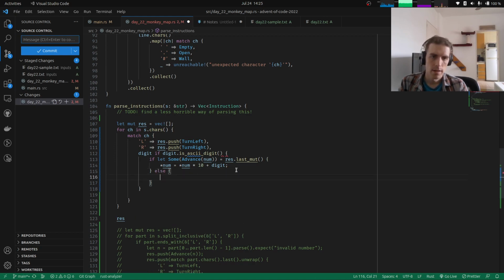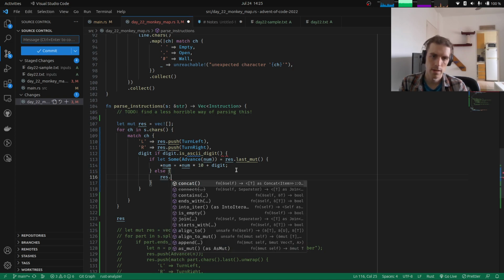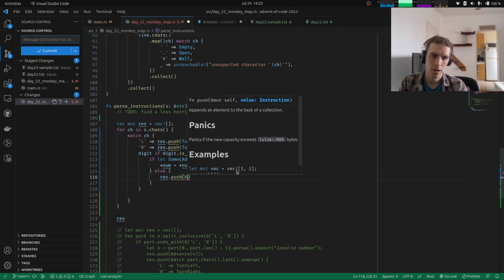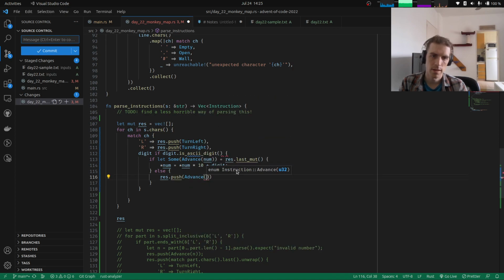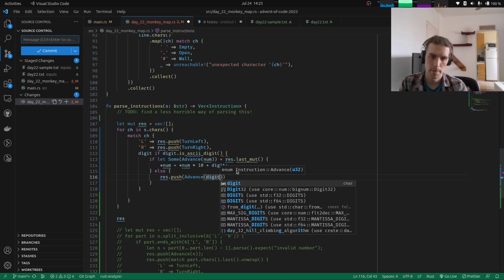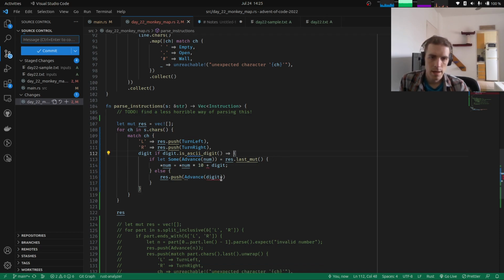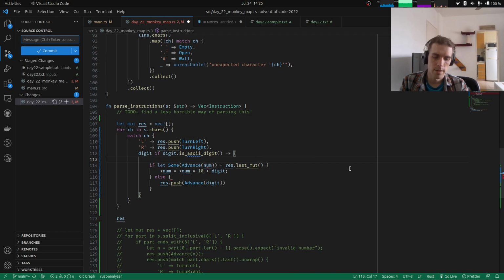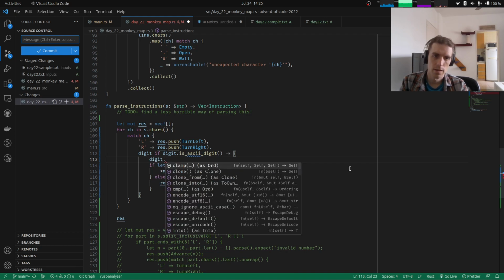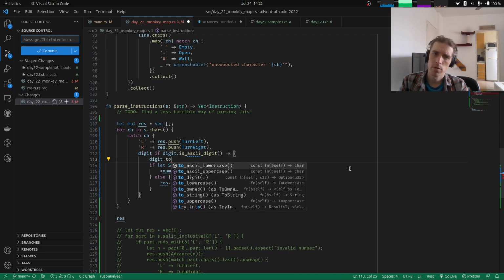Else we're gonna push advance digits, and this is missing an arrow. And yeah, here it's probably complaining because digit is a character, so digit to digit